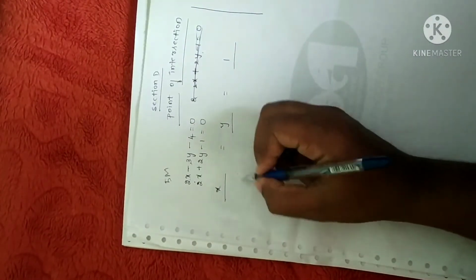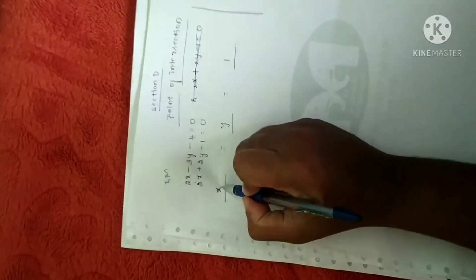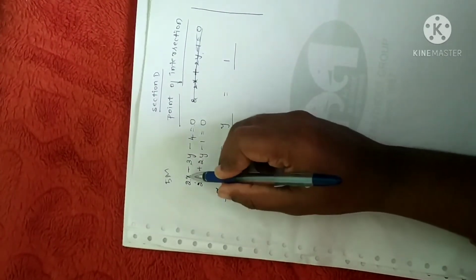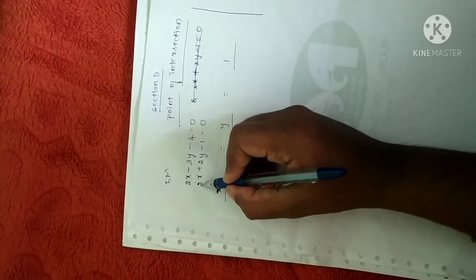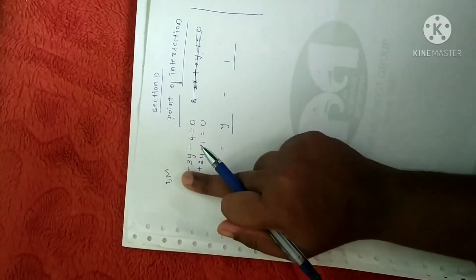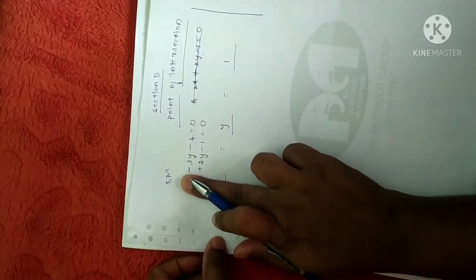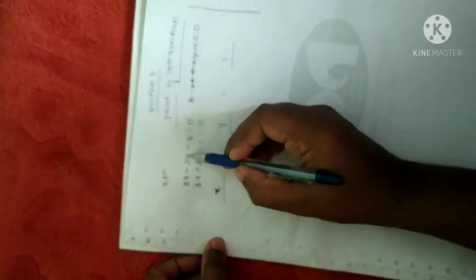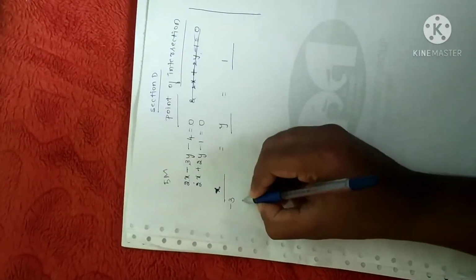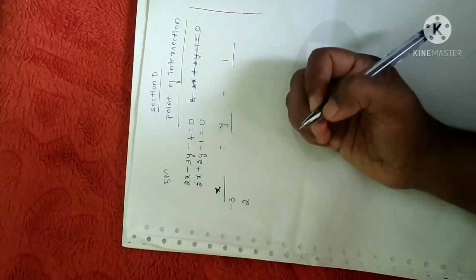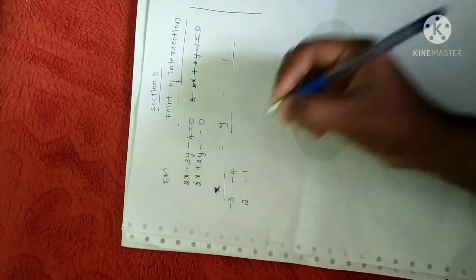How to fill up the values in the denominator? Now, what is the variable you have for x? The coefficients we have for x are 2 and 2. In both the equations, the coefficient of x is 2. So, you just leave the variable x in the given equation. Forget about this. Now, what you are left with is the variable y. So, the coefficient of variable y is minus 3 in the first equation, and in the second equation, it is 2. So, just write it one below the other. Next, what we have is the constant. Just write it as it is.